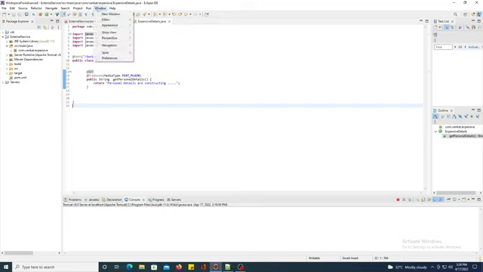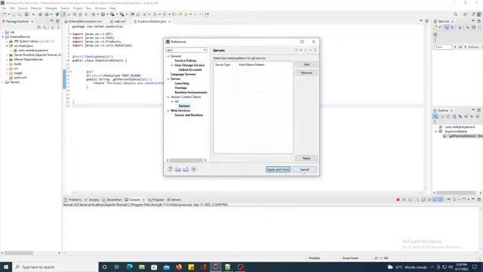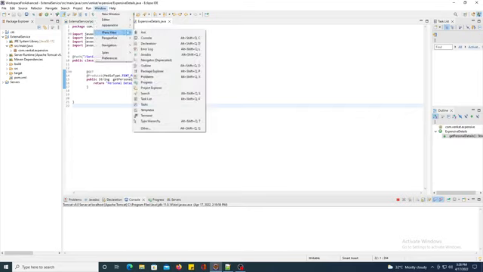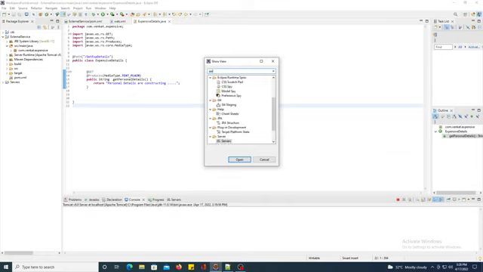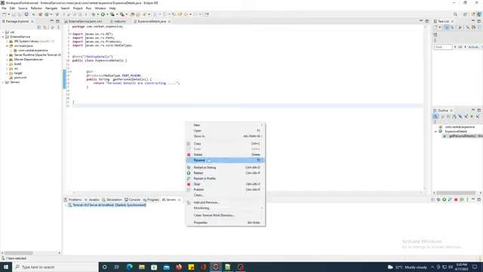Go to Windows, Preferences, Server. We can use it like this also. Click the server. You can see the server here also, in the server tab. I have already added the server. If you want to add a server, then go to here,